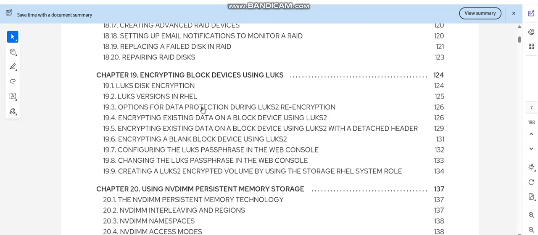Encrypting block devices using LUKS, LUKS disk encryption, LUKS versions in RHEL, options for data protection during LUKS2 re-encryption, encrypting existing data on a block device using LUKS2, encrypting existing data on a block device using LUKS2 with a detached header, encrypting a blank block device using LUKS2, configuring the LUKS passphrase in the web console, changing the LUKS passphrase in the web console, creating a LUKS2 encrypted volume by using the storage RHEL system role,